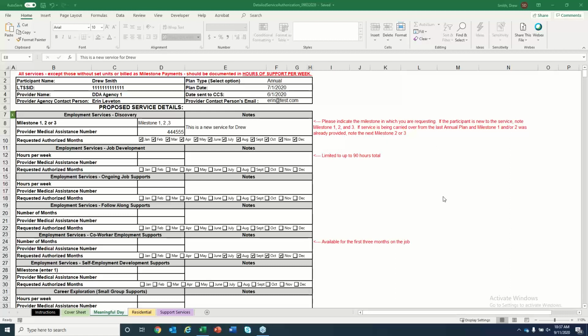I was just going to say there are a couple of technical questions about the tool, but there's some overall confusion that either of you could address around how this works in terms of PCIS2. Like, how will this relate to what's happening through service authorization and PCIS2? So there are a couple of things happening right now, mainly because this is a tool that is going to be used through LTSS Maryland to make sure that everything matches when we go into billing in LTSS Maryland. Right now, because we're using two systems, you're using the cost detail sheet, and you want that cost detail sheet to match everything that's in the person's plan, and you submit it to bill that way, right? So we want to make sure that, and then we are going to,